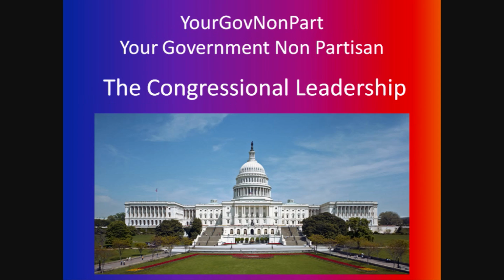In this installment, we'd like to talk about the Congressional Leadership. Now, many people think that the Congress gets together and enacts bills simply by putting them out on the floor, debating them, and then voting on them. That's not true. The fact of the matter is that both houses of Congress and both parties within each house have a very structured leadership, much as any company has an organizational chart that flows from the top down. And this helps to maintain a certain level of balance within the organization and an even flow of